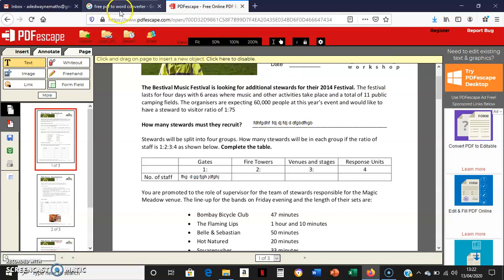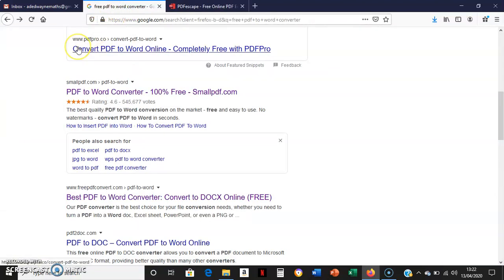Another option that you could use is using a PDF to Word converter. So you could Google PDF to Word converter if you wanted to. And when you look for PDF to Word converters on the internet, there are lots and lots of results. But the trouble with a lot of them is that you would get halfway through the process and then it would start asking you for money. It would start asking you to subscribe, paying monthly subscriptions or annual subscriptions, and we don't want to pay anything. So one of the ones that doesn't ask you to pay anything is this one called Small PDF,